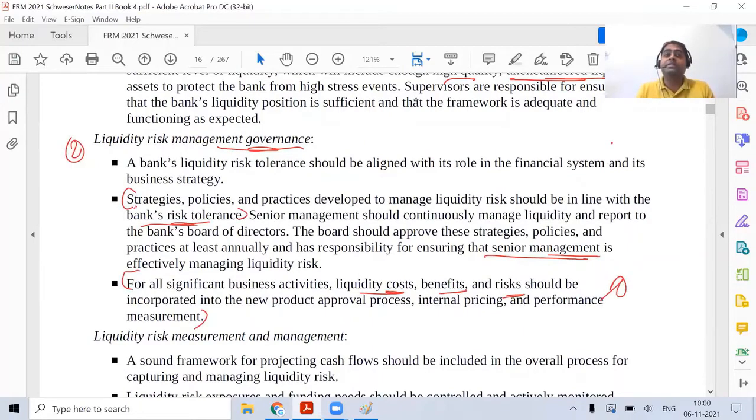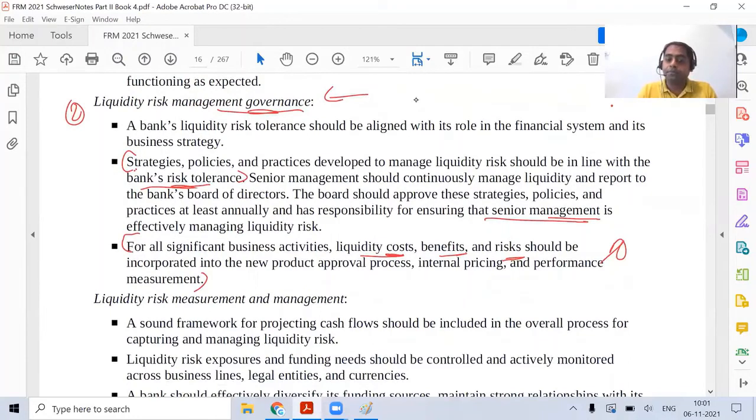Now, the liquidity risk team is responsible for highlighting to the company that if there is a scenario where we don't have a sufficient amount of money available, what can be the cost? Or if there's a stress situation and you want to move out of a particular position, what can be the liquidity cost related to it? What is the liquidity related risk that the bank will face? So everything will have to adjust according to that cost or risk, and your pricing of the product will also be impacted. Whenever you give approvals on particular products, a liquidity risk related thought process has to be there. So this is primarily a very operational activity, liquidity risk governance.